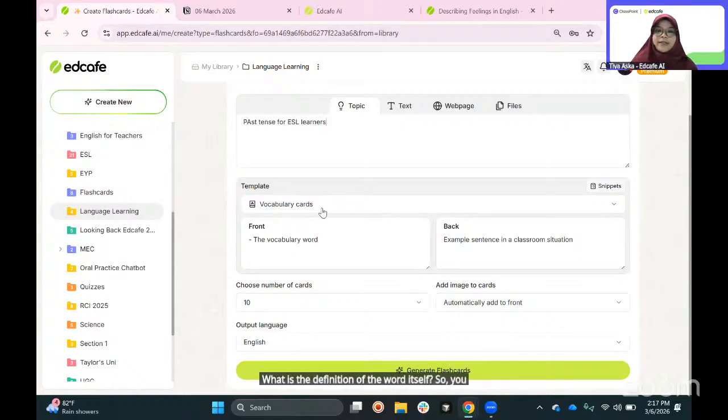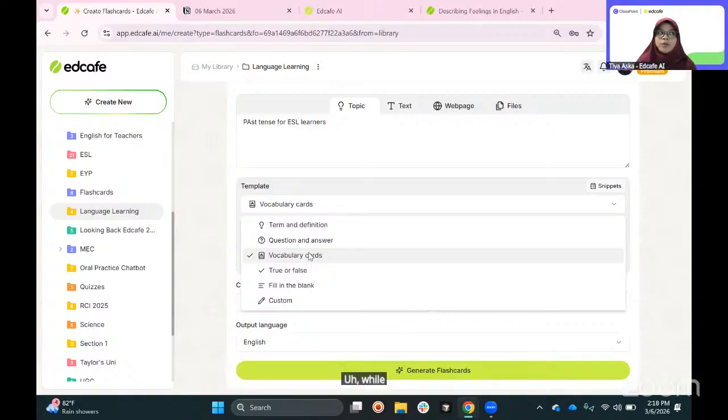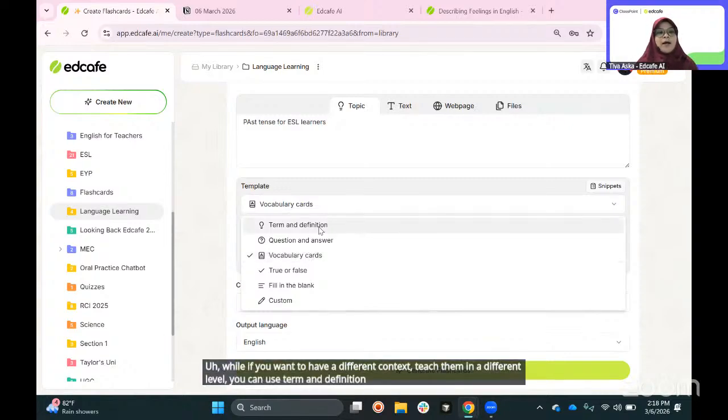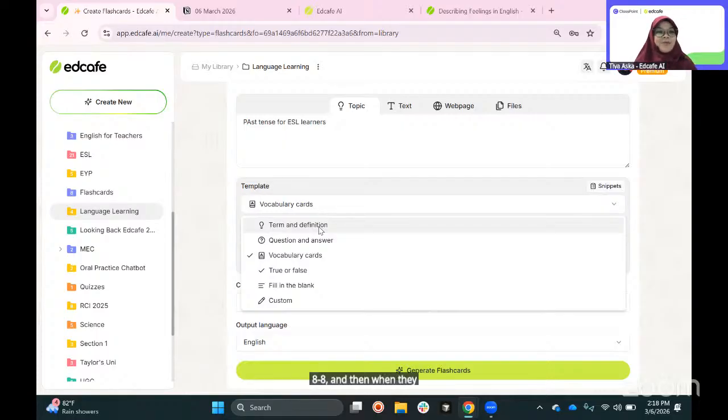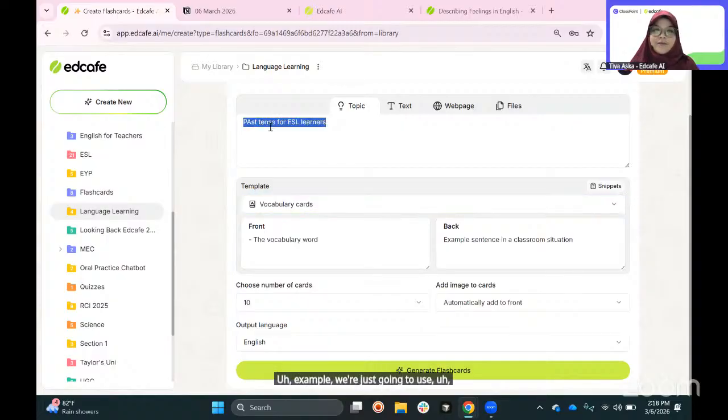So you can feel free to use any templates that you want. Vocab cards are really just to help your students get to know each word, while if you want to have a different context and teach them at a different level, you can use term and definition so they know, let's say, eat, ate, and when they are using ate, and why it is in past tense, things like that. But for this first example, we're just going to use a very straightforward example, which is the